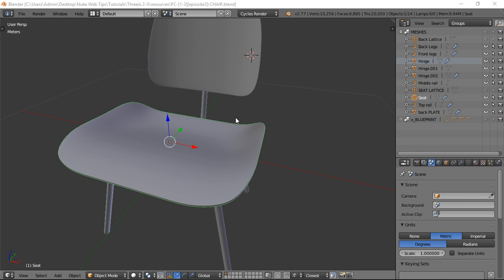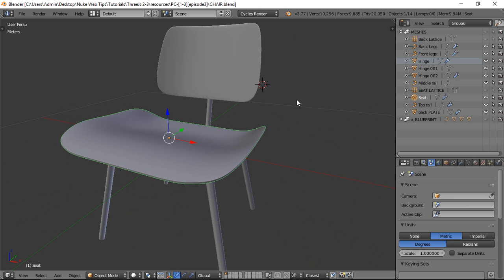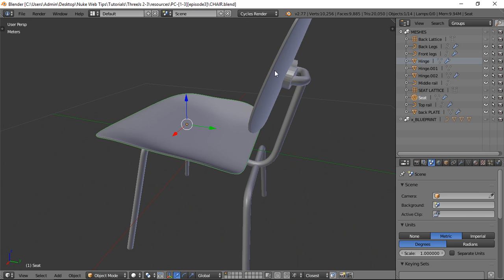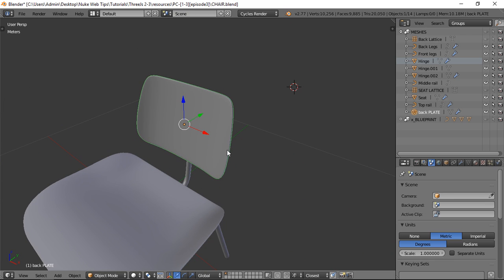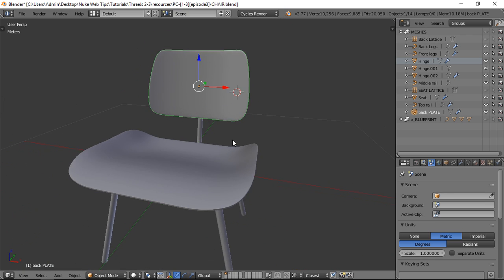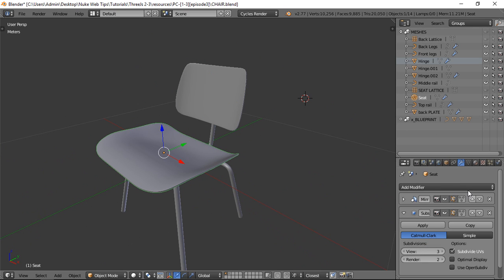Okay guys, so back in Blender we have this beautiful model. In this part we are going to apply some textures to the seat and the back piece, which is this one, the part where you put your back against. So first of all we want to texture this part. So we go ahead to this piece, it's a seat, we go to modifiers tab, and we